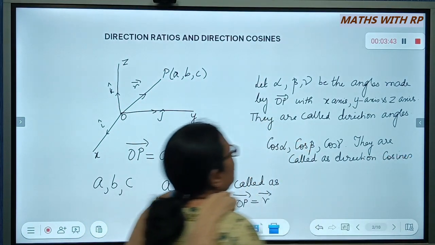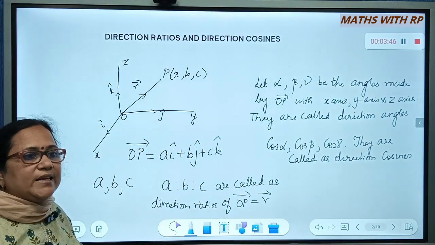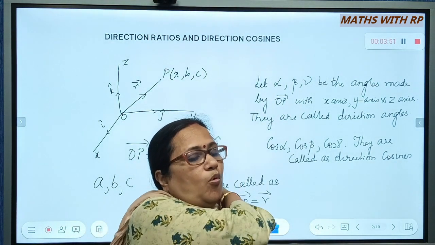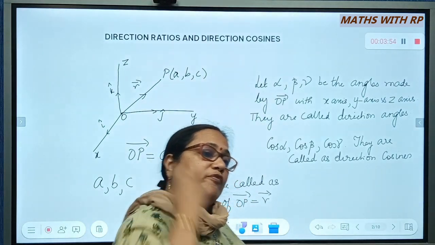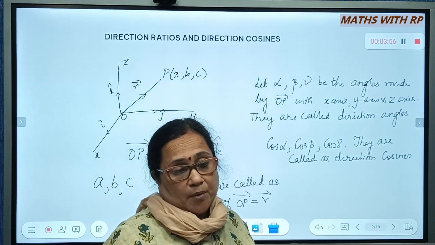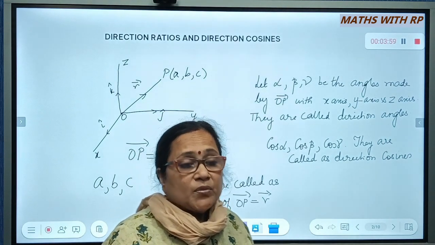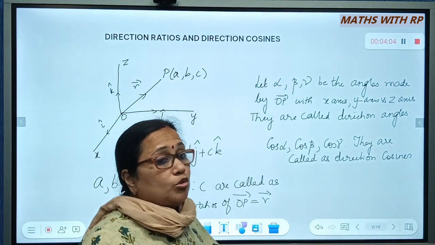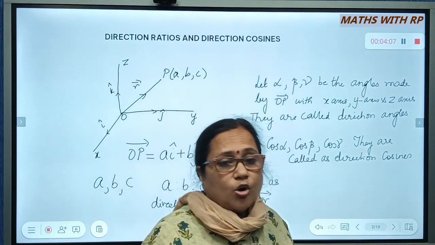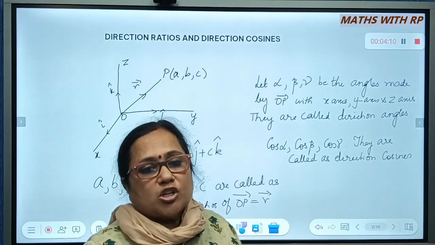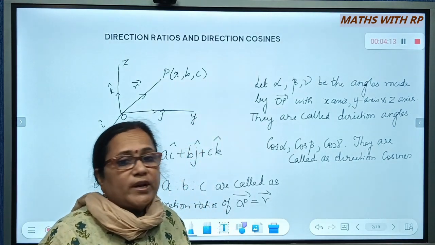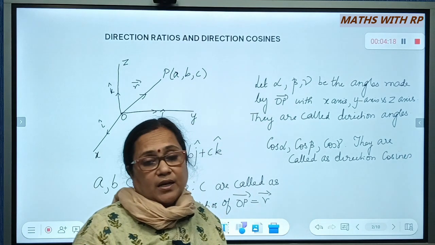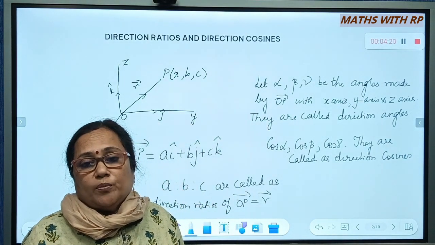So before we compute all this, we have already seen the triangle law. We have also seen the parallelogram law. So we know what we mean by addition of two vectors. We also know what we mean by scalar multiplication of a vector. So what about product? We will be talking about two types of products. One called the dot product, the other called the cross product. One whose outcome will be a scalar, the other where the outcome is going to be a vector.